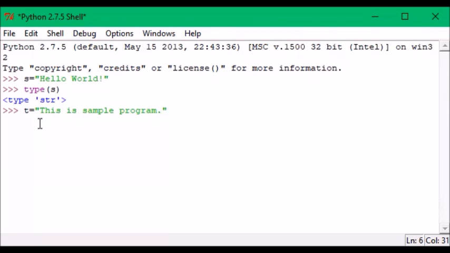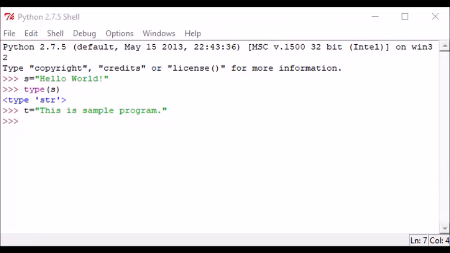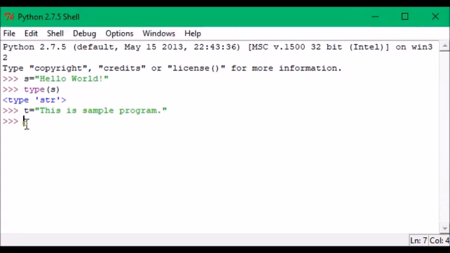So what is string concatenation? This is a question you can ask. What is concatenation? It means combining two strings to make a single string. How to do it? You just define another string, r is equal to s plus t. You have defined r, a new string, which is equal to s plus t. Just simple, you add two strings and they become concatenated.